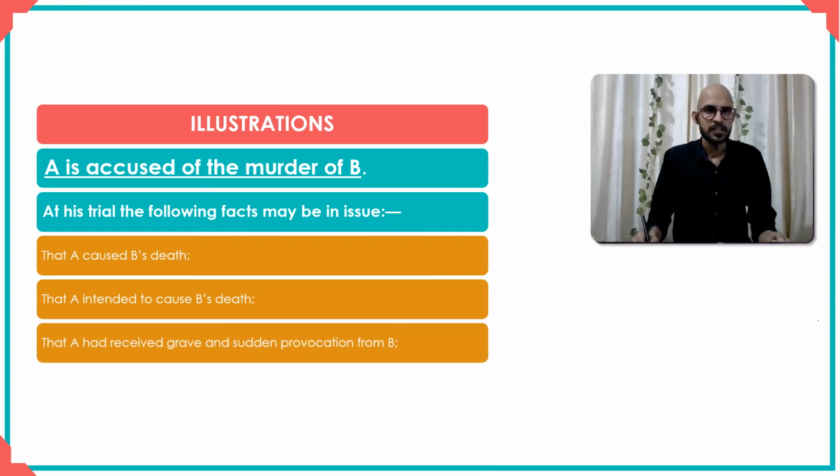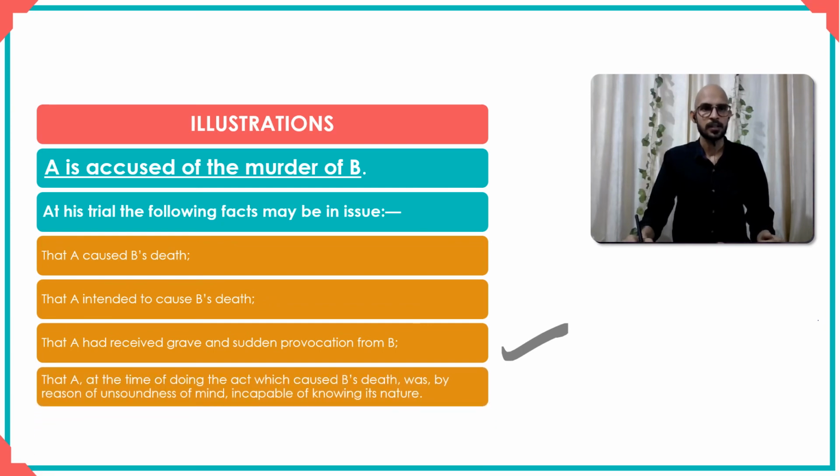That A had received grave and sudden provocation from B. How is this a fact and issue? In fact, let me leave this to you. I'll not explain this. Let me know in the comment section as to how this is a fact and issue. Then,